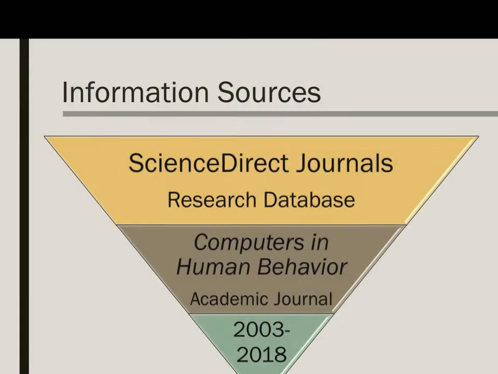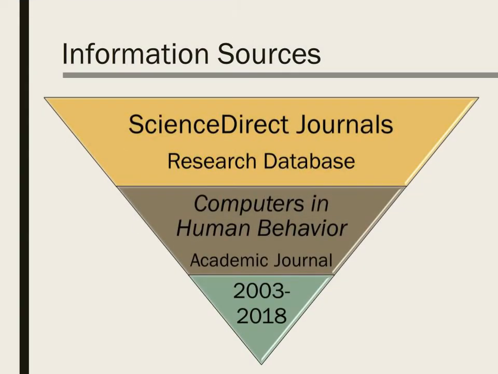My search began with the ScienceDirect Journals database provided by the JMU Library. After entering my search terms, it became obvious very quickly that the Computers and Human Behavior academic journal had numerous articles that fit my search parameters. The date distribution of the articles pointed to the 15-year review period from 2003 to 2018 if I wanted to